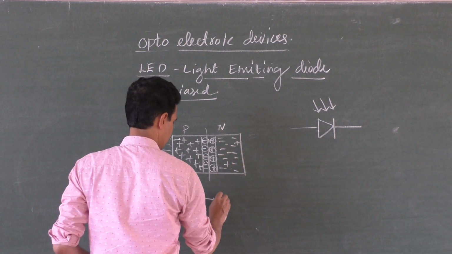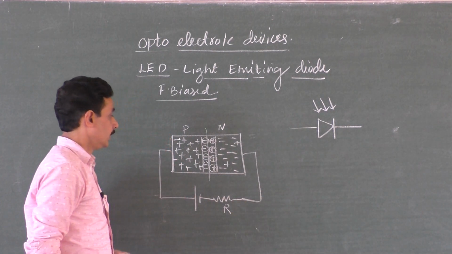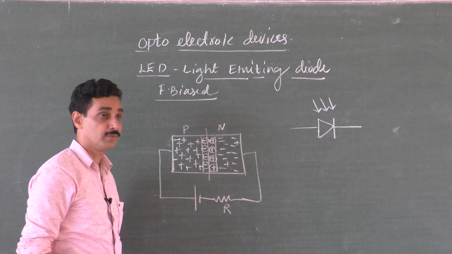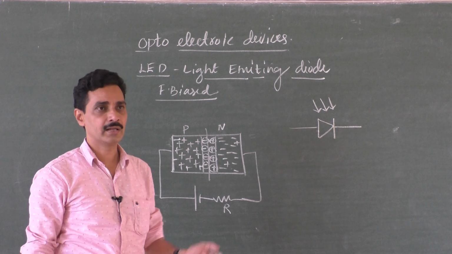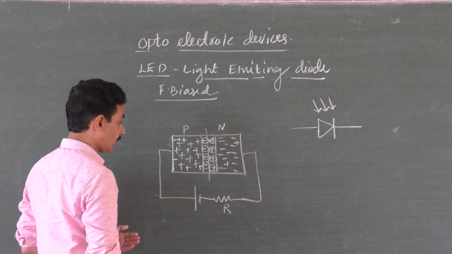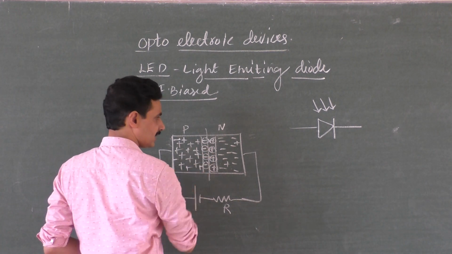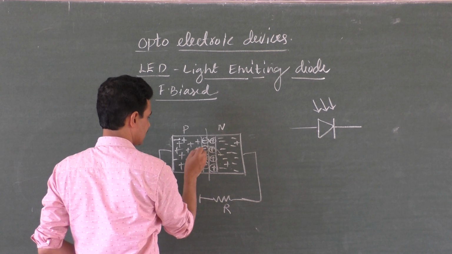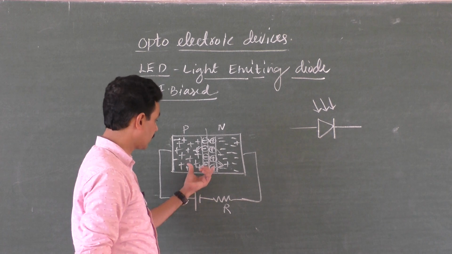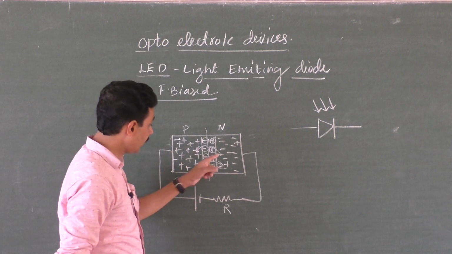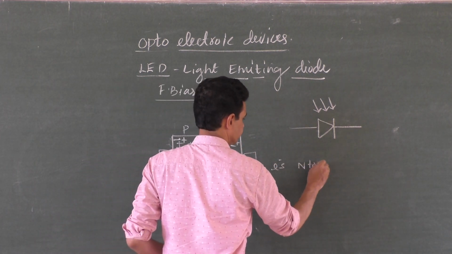Okay, now this LED is a forward biased PN junction. When you forward bias, say I will give you a resistor load, just to control the current. When a LED is forward biased, what happens? If you go beyond the cut-in voltage, as in the ordinary diode, electrons and holes cross the junction. Now, this crossing of electrons and holes using the external bias takes place near the junction first. Say these electrons cross the junction and come here, and holes cross the junction and move here. Now, when they cross the junction, electrons will move from N to P.